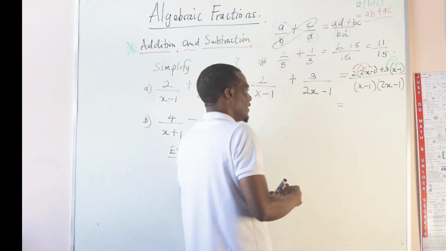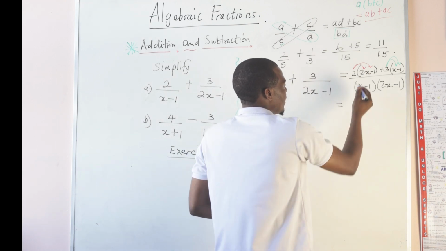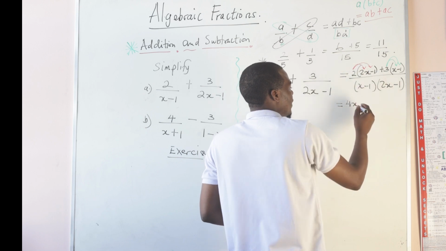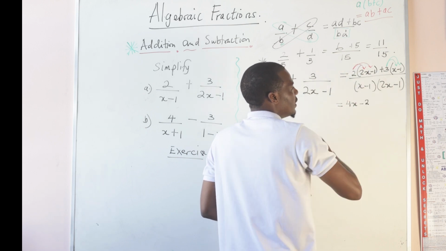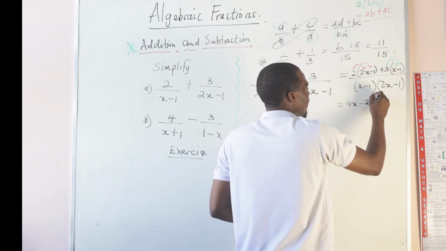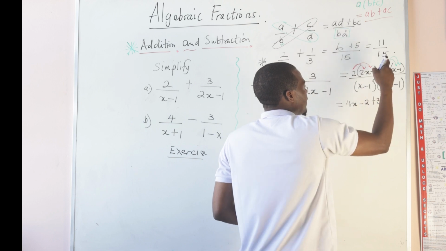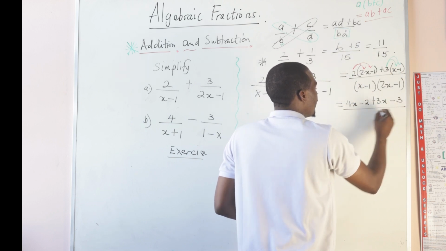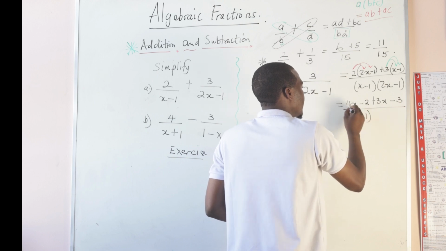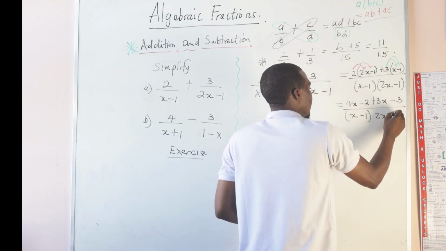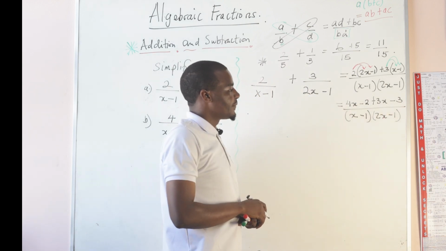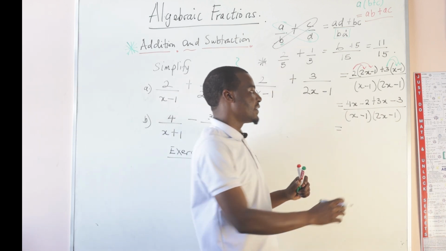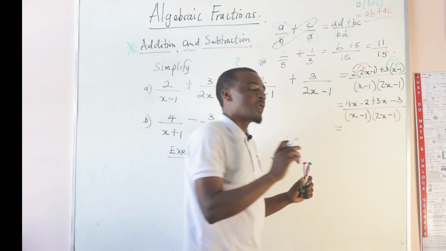So obviously at this point, if we say 2 times 2x, we're going to get 4x. If we say 2 times minus 1, we're going to get minus 2. If we say 3 times x, we're going to get 3x. If we say 3 times minus 1, we're going to get minus 3. All over x minus 1 times 2x minus 1. Right? And then what we have to do next,